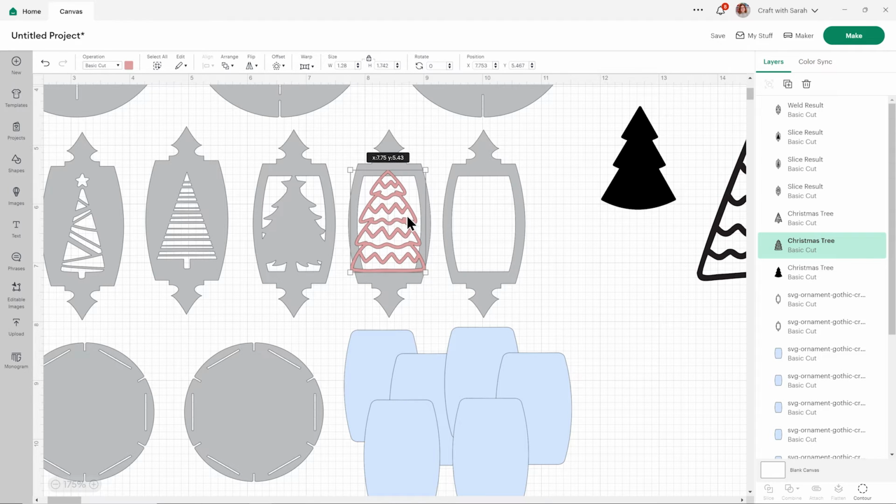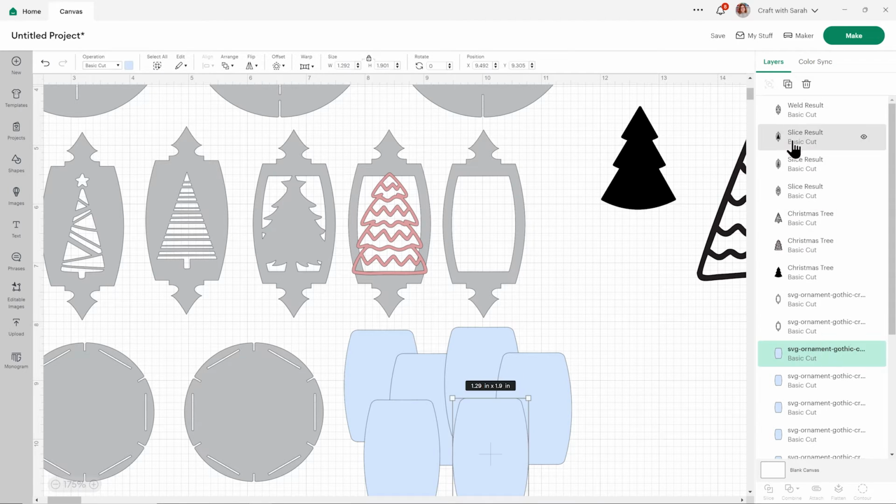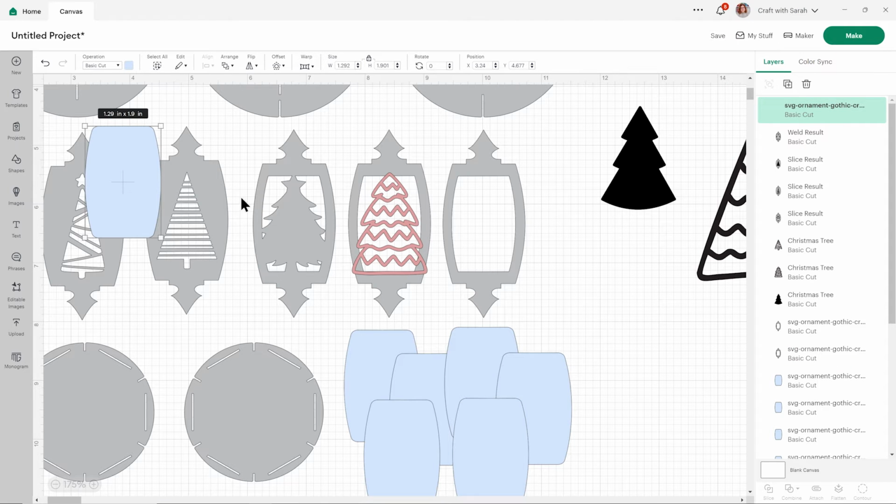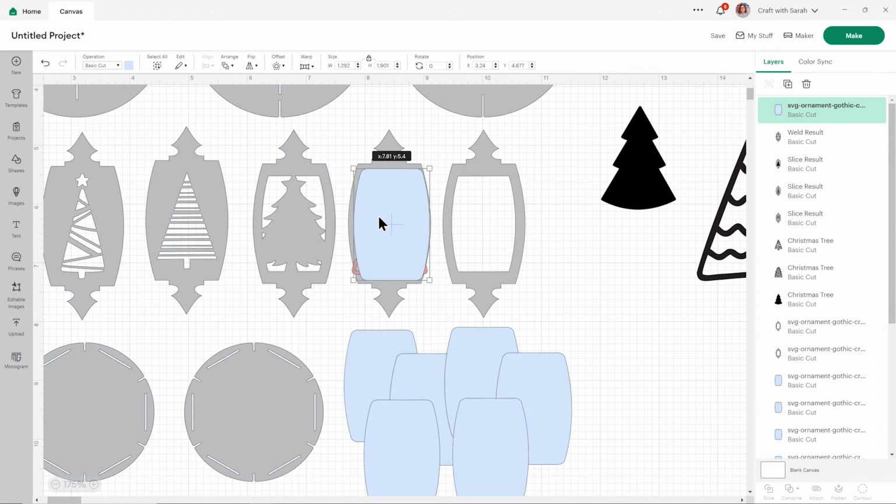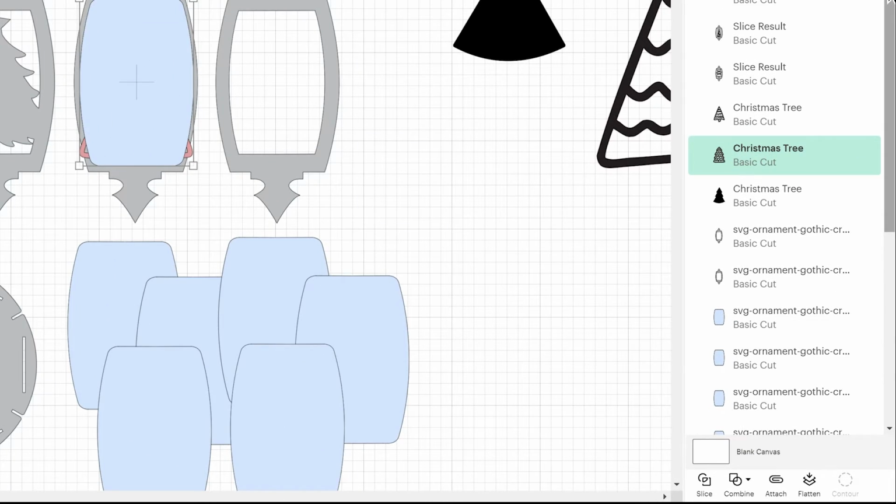So I got my tree. I really like how that's going to look with all those lines. And it's over the edge a little. So we'll duplicate one of these. Put it over, making sure we can't see any of that window gap, this little gap through the hole. Select that and press Shift and choose the tree. And slice.